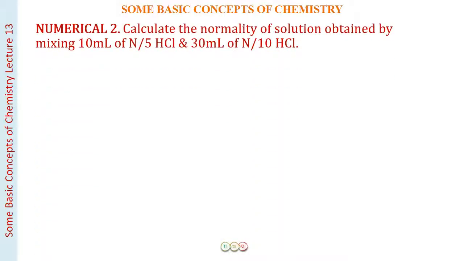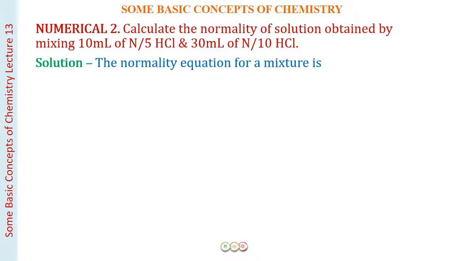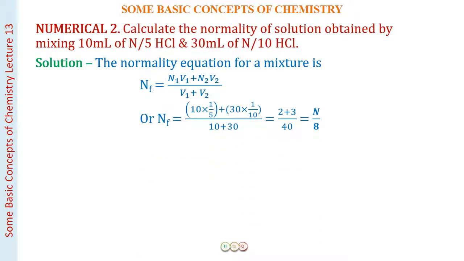The next question is to calculate the normality of a solution obtained by mixing 10 ml of N/5 HCl and 30 ml of N/10 HCl. So this is a question of simple mixing. We will use the relationship: final normality is equal to (N1V1 + N2V2) over (V1 + V2). This is going to be a simple one. Just put the values. You get the final normality to be N by